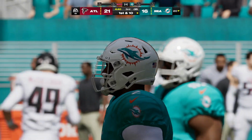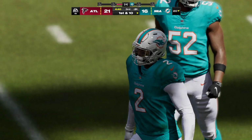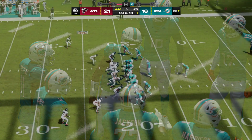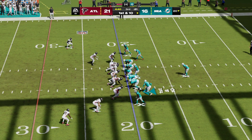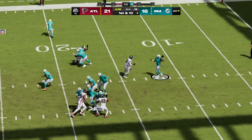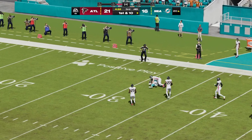Out comes the Dolphin offense now as they get set to take over here. And our game's hit a little bit of a lull here, a little bit of a snag. Punts on back-to-back drives. And old school coaches don't necessarily mind that. Didn't turn it over, right? Didn't create a big play for the other team. Right now what you're looking for is, can you gain an advantage in field position? And that's caught inside the